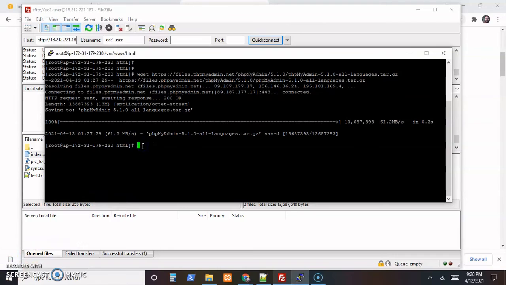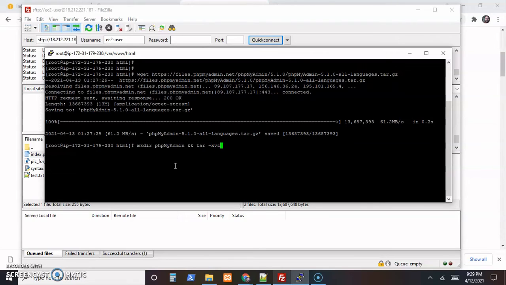Which is going to seem like a fairly long line of instructions if you're not used to Linux. If you're used to Linux, this is very straightforward, but if you're not used to Linux or working in command lines, it's going to look like a lot. So we need the make directory, so mkdir space, and we'll call it phpMyAdmin, and it's case sensitive, so be careful how you spell it. So we're going to make a folder called phpMyAdmin, and then we're going to put some stuff in it from a tar file with options